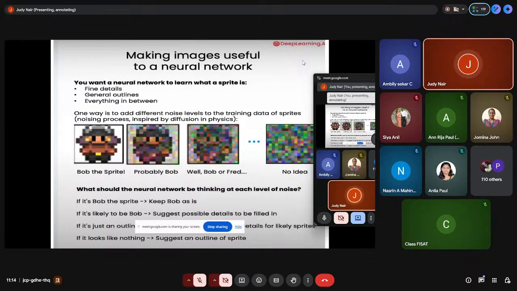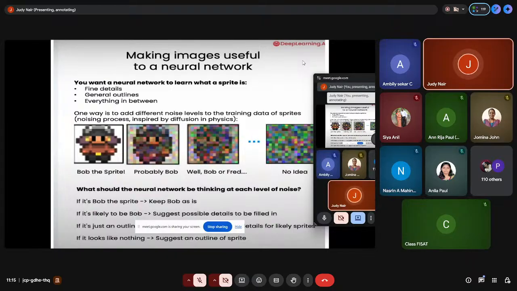have you heard about the sprite images? So we can download the sprite images. The link is also given there at the end in the notebook page, which I have just gone through. So they want to generate new sprite images. Okay, so what they have done is they are using a DDPM model, and they've added noise to it. Now, what is expected from the model is that the model should understand the fine details, generate outlines.